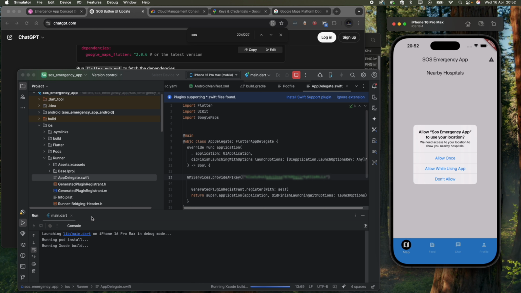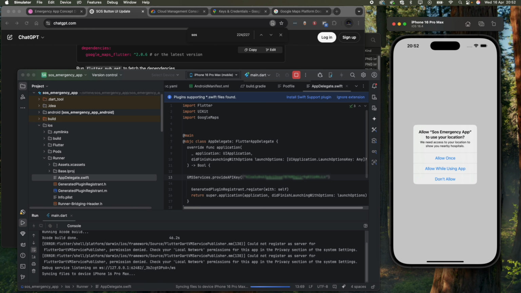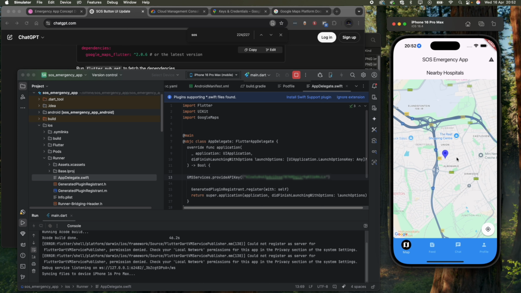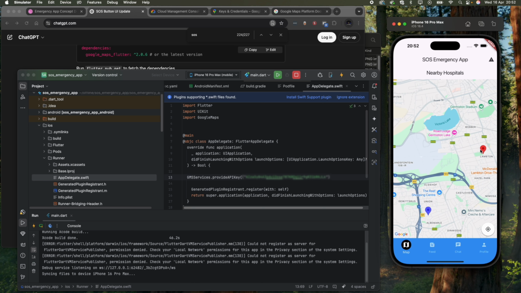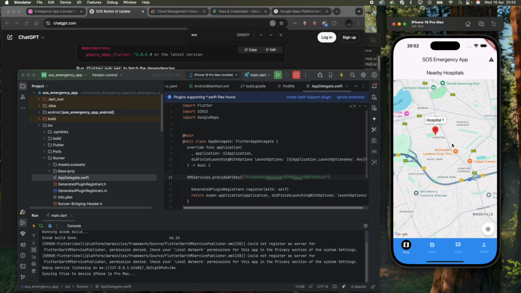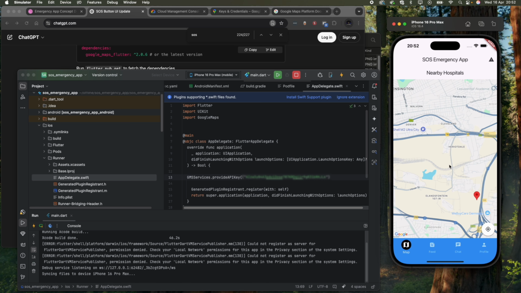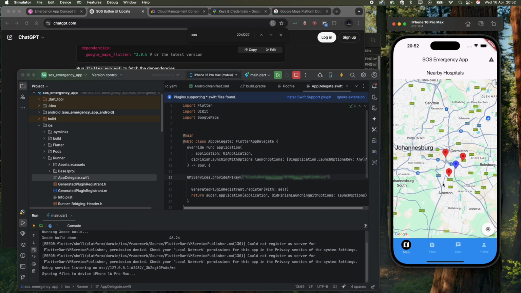Okay, let's let it build, and it has built. Let's see. So the app is open. I allow. There we go. We have our map in the app. We've got one of the hospitals there. Oh my gosh, we have another hospital there. I don't know why it's putting us at Germiston, but